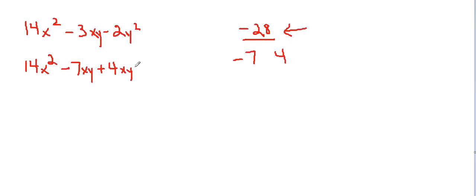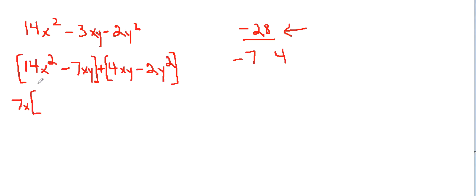And what's left is the minus 2y squared. Okay, we're good with that. Group them into the two binomials. And now this left side, I can factor out a 7x,